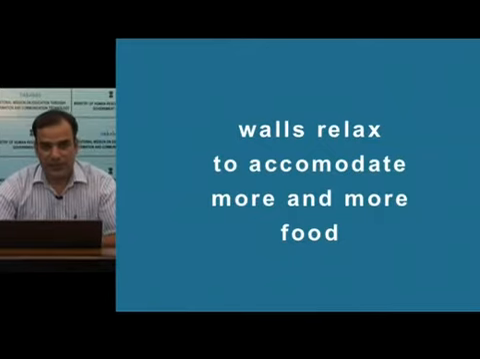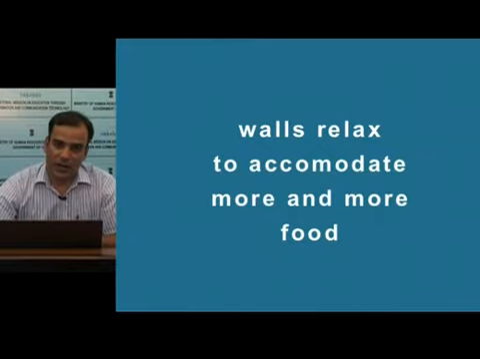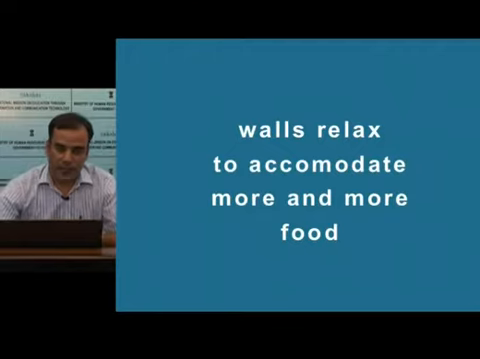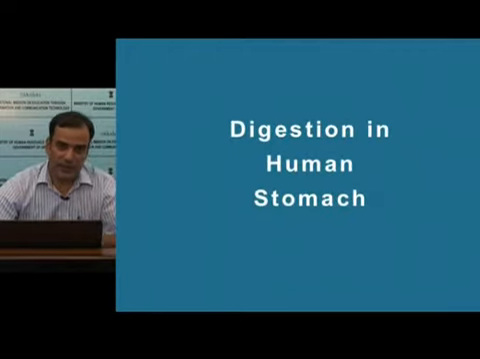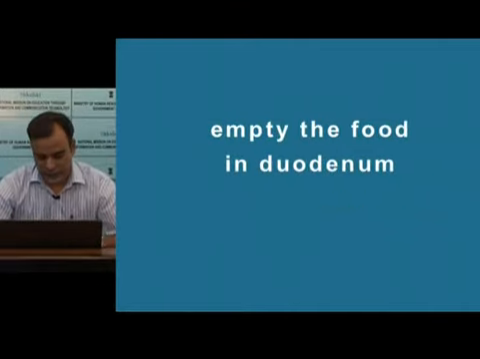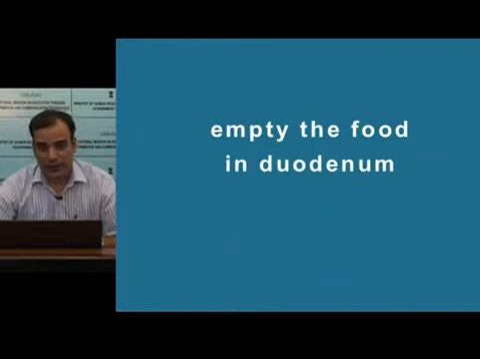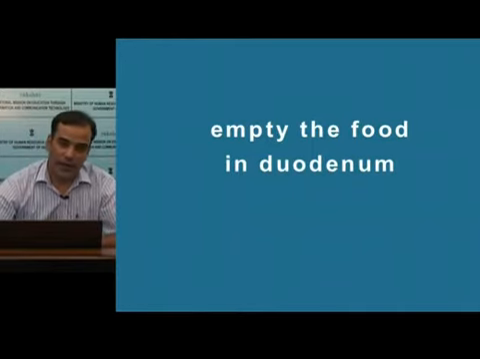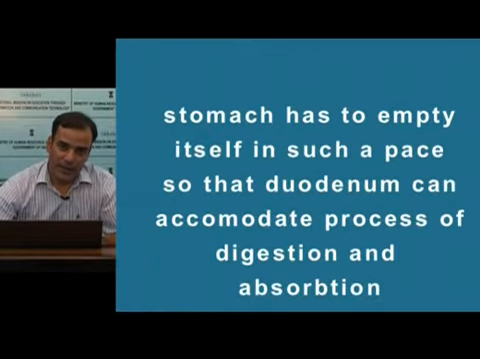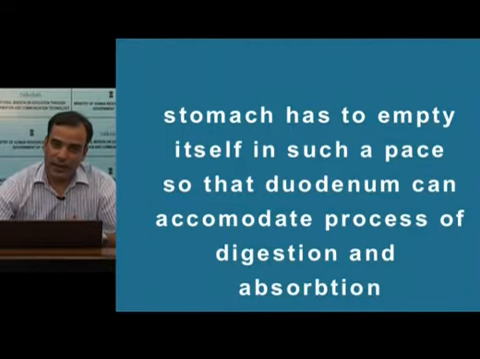The second movement which takes place in the stomach is called the pyloric pump. The pyloric pump consists of the strong peristaltic waves that take place in the stomach to empty the food into the duodenum. Now this stomach emptying, or pyloric pump, is very important, and it has to be very much regulated. Stomach has to empty itself at a pace or at a rate where the duodenum can accommodate the process of digestion